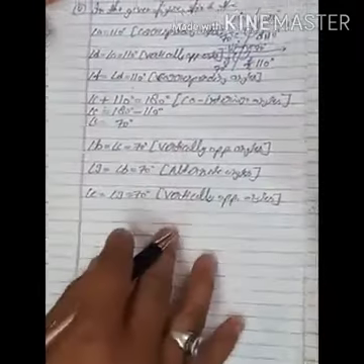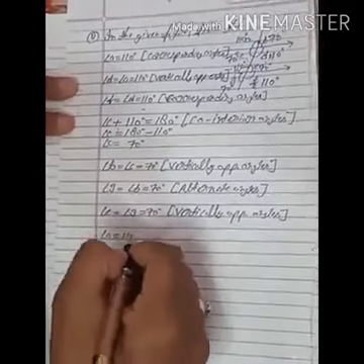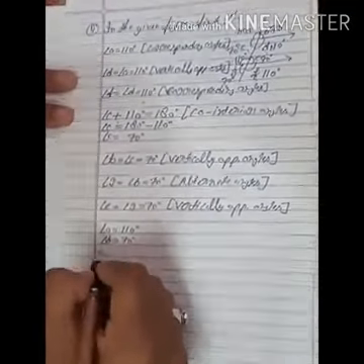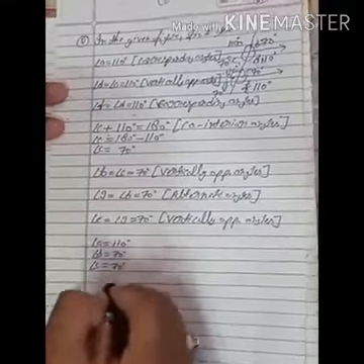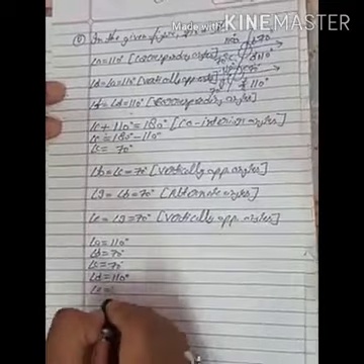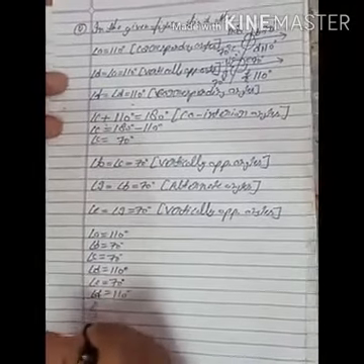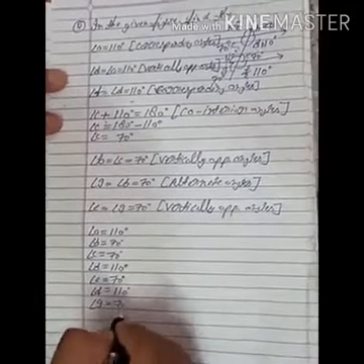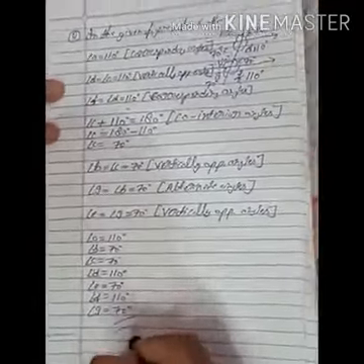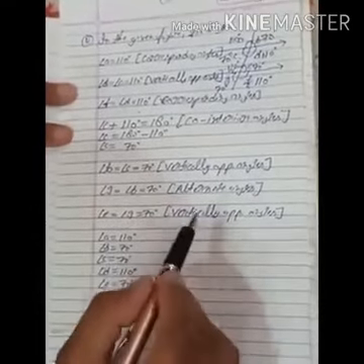So students, in the last we will write the measure of all the angles. So angle A is equal to 110 degree, angle B is equal to 70 degree, angle C is equal to 70 degree, angle D is equal to 110 degree, then angle E is equal to 70 degree, angle F is equal to 110 degree, then angle G is equal to 70 degree. 1, 2, 3, 4, 5, 6, 7, we have written all 7 angles. So students, this sum is very important. So for this sum, watch the video carefully.